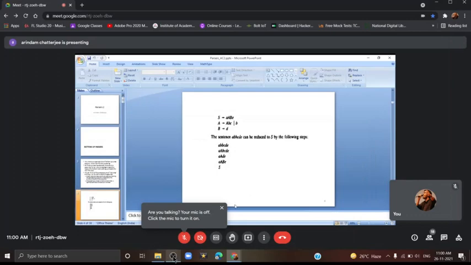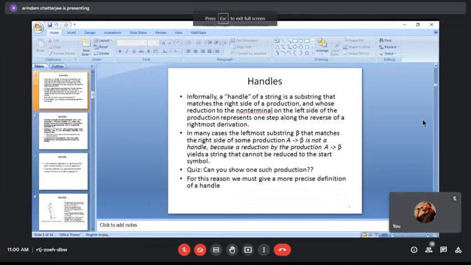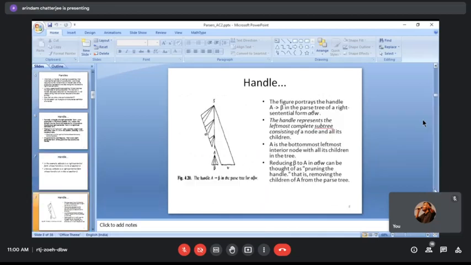So we go to the starting symbol via a series of reductions. Now we have seen that the essential task is to find the handle. So handle means the substring and the position where that handle can occur. So you can get a reduction at any step using those handles. We have given some more formal definitions of handles. And then via the pruning process of these handles, we go from the leaf nodes towards the start node.